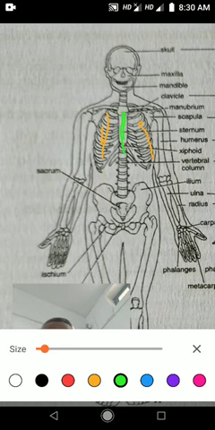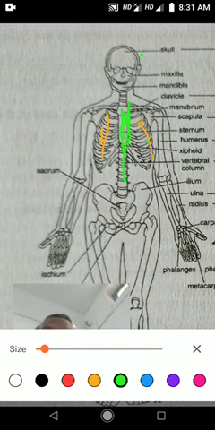So children, I told you about the axial skeleton. 22 bones are present in the skull, 26 bones in the vertebrae, 24 bones in the ribs, and 1 single bone in the sternum. Besides this, there are 6 bones in the ear. They are tiny bones which I have not shown here. The names of these tiny bones are malleus, incus and stapes. They are present in the ear and are known as ear ossicles. 3 are in the left ear and 3 are in the right ear.